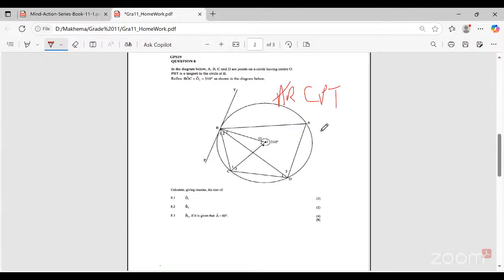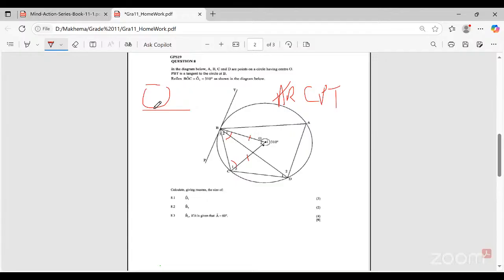We can just scratch that out. We can go for R. Is there a radius on this diagram? Yes, I think it's OC and OB. That implies that OC is equal to OB, so this is an isosceles triangle. We can see that this angle is equal to this angle, base angles of an isosceles triangle, or angles opposite equal sides. Okay, then what else? We have that theorem, I think you guys remember, that a tangent